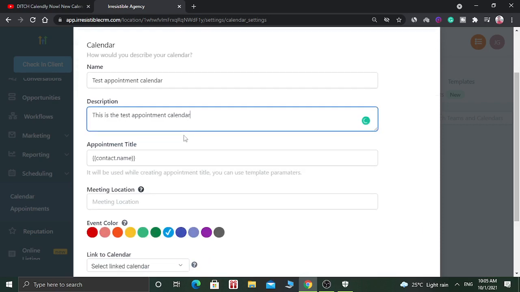And the appointment title will be the contact name. It will be used while creating appointments.